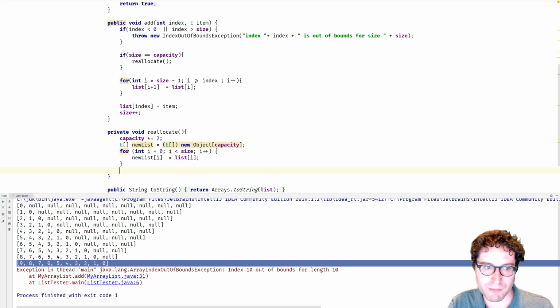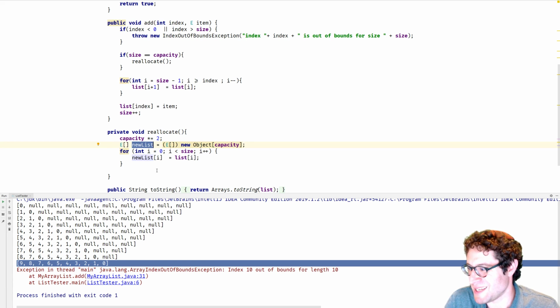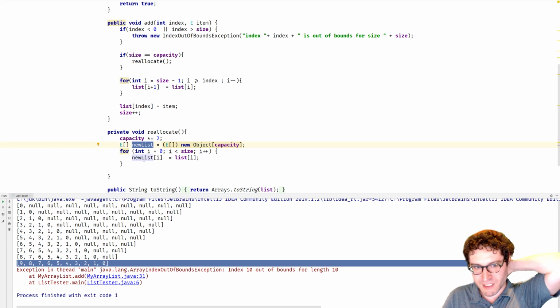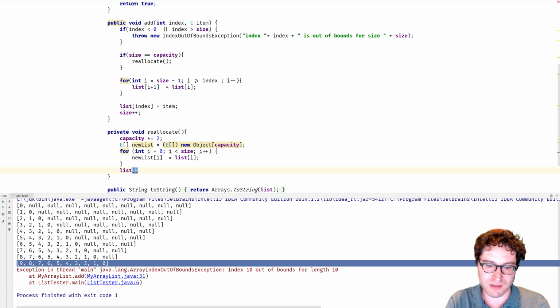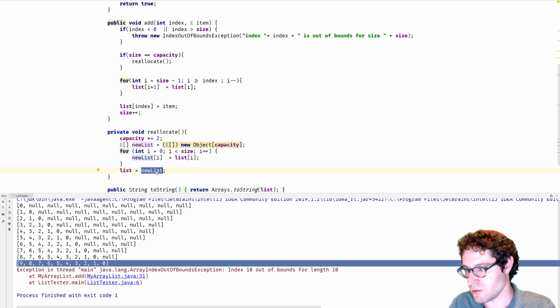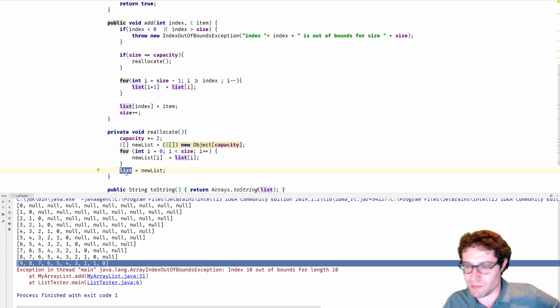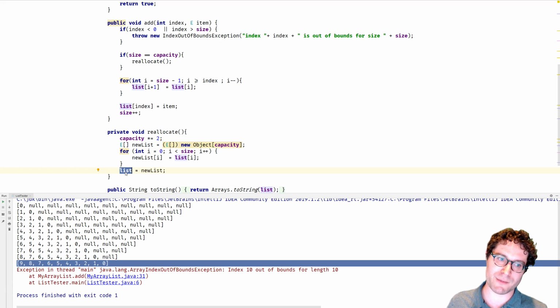And then remember, newList is a local variable. So if I just leave it like this, I'm not really doing anything. That's no good. So what I'm going to do instead is say list is equal to newList. What this does is take the memory location of newList and store it inside the list variable. So now the instance variable points to this new, bigger block. And so now if we run this,